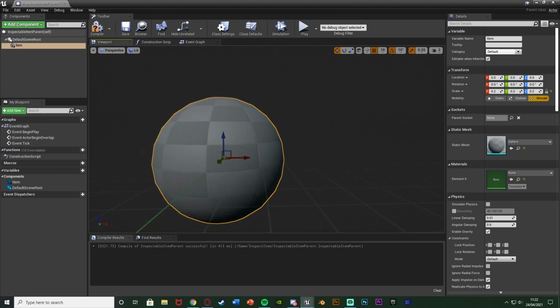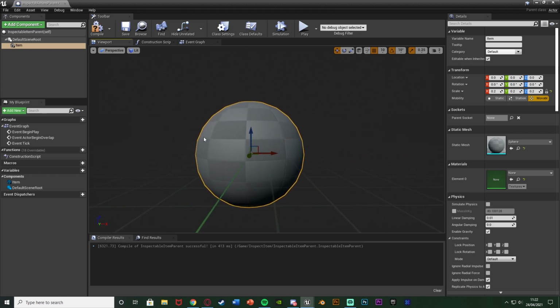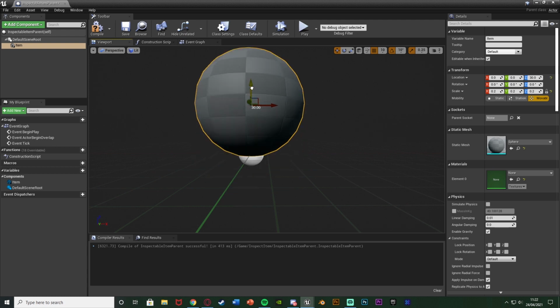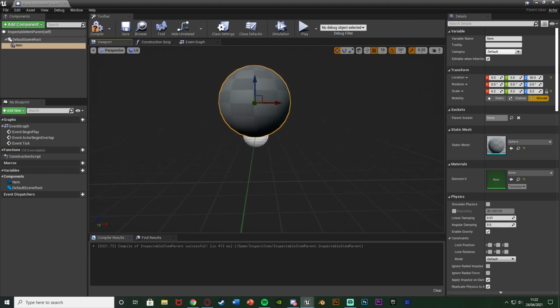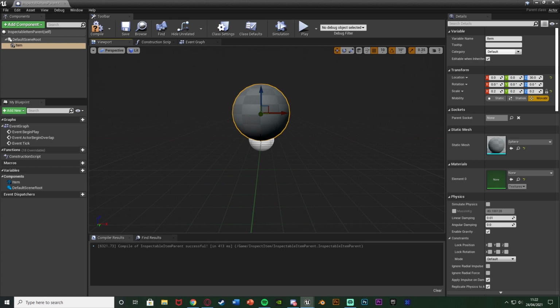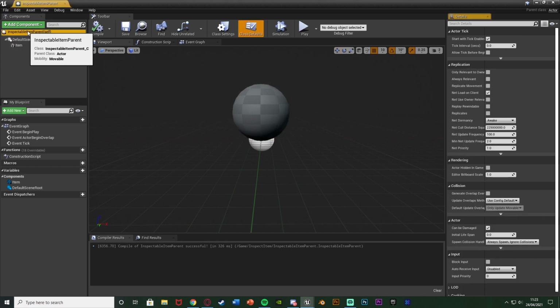What I also want to do is make sure that the bottom of this is in the center. So I'm going to just drag that up there. So now the bottom of our object is in the center of that, and that's just going to help us with picking it up and putting it down. We may change that in a future episode, however right now we want it to be like this. So we can compile, save, and one final step in here is to select inspectable item parent self, so this one up here,